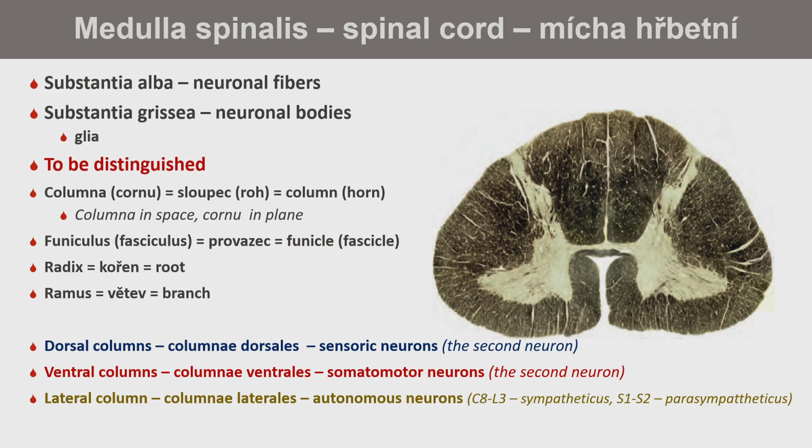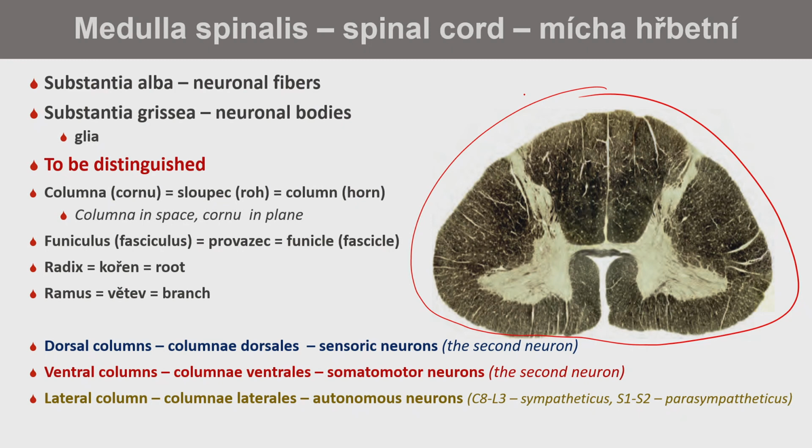So this is the image of a cervical spinal cord, but this is a staining with the silver. Silver staining, classical staining used since the 19th century for spinal cord and brain, showing here fibers and here somata. When we have more fibers, more gray is. So, substantia alba, once again, mainly contains neural fibers, glia, while gray matter contains neuronal bodies and glia.